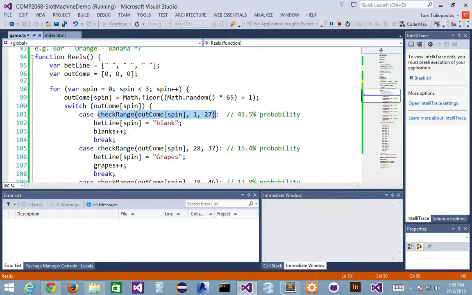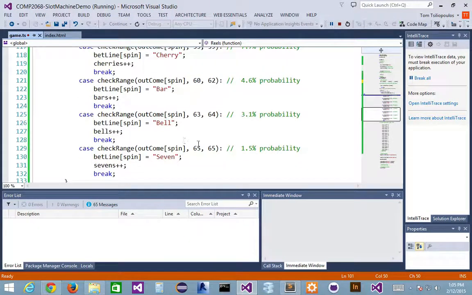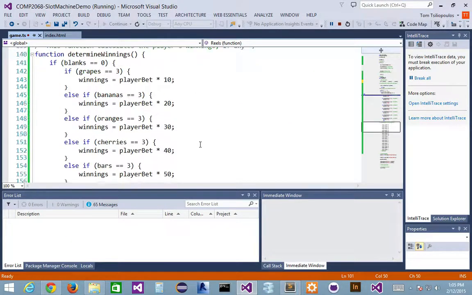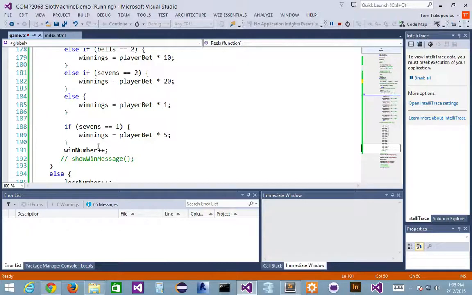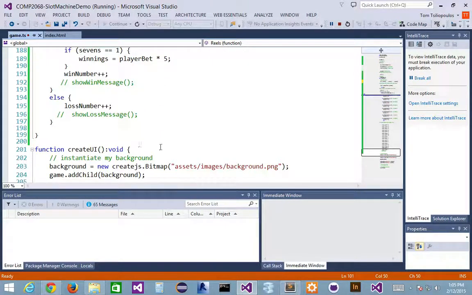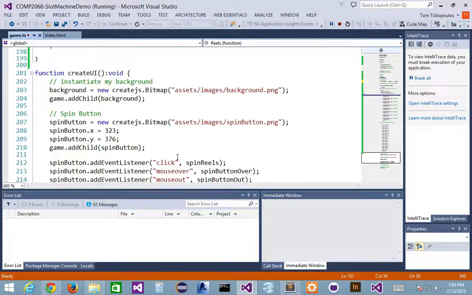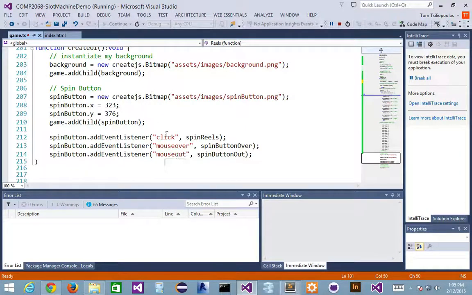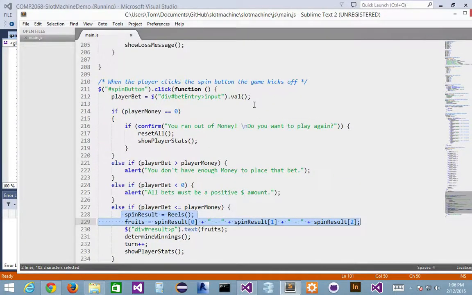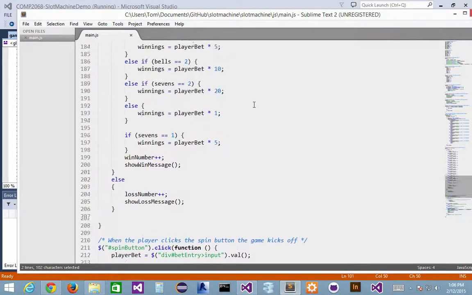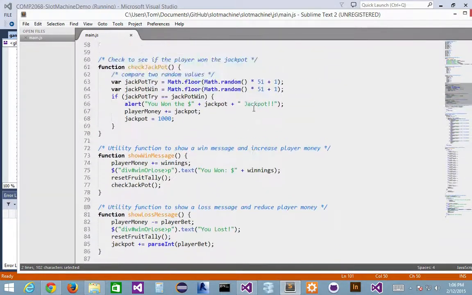So I got my bet line. That's cool, but where do I actually show it? I got to output it somewhere. And up until now, I got my winnings, my player, my winning number, my winning message, and all that kind of stuff. But I never actually show my bet line anywhere. If I go back to my code, I've got to look for a console.log or something that shows my bet, my results. And I'm guessing it's probably going to be in this,